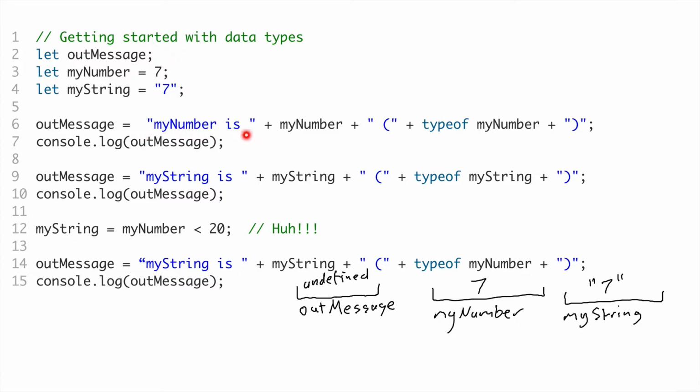The blue part here is a string literal, and this is similar to our previous video where the plus operator is doing concatenation of strings. We have a string, we have the plus operator, so it's going to join something onto the end of this string. So we've got some text that says myNumber is, then we've got the variable name myNumber, which contains the value 7, so this should evaluate to myNumber is 7. Then it's concatenating some further text, which is a space and a bracket,